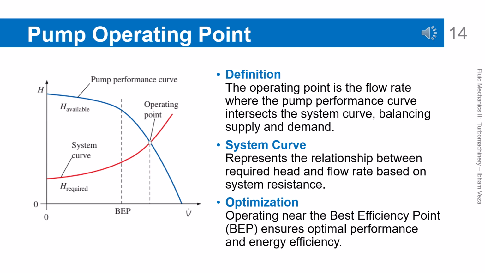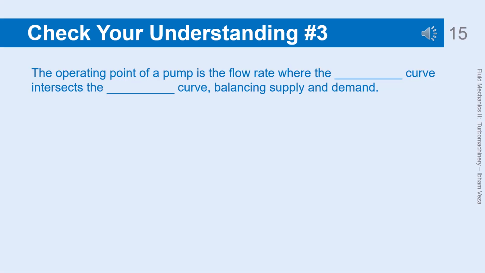Ideally, the operating point should be close to the BEP to achieve high efficiency. This concept is very important in practical pump design and selection. The operating point of a pump is the flow rate where the performance curve intersects the system curve, balancing supply